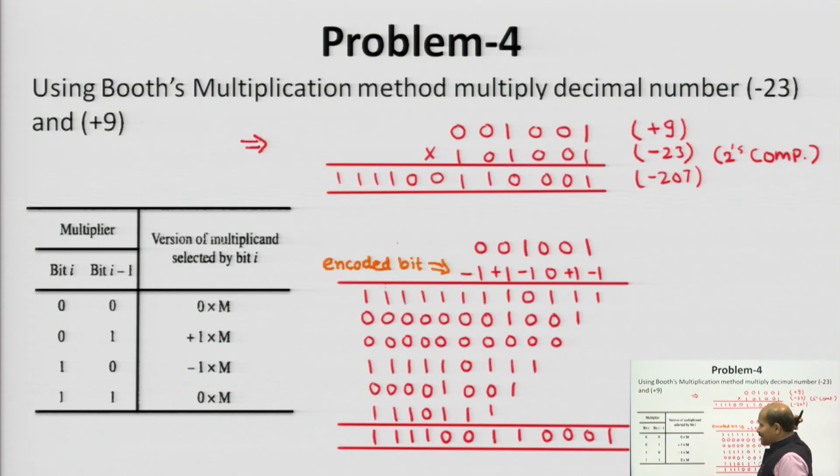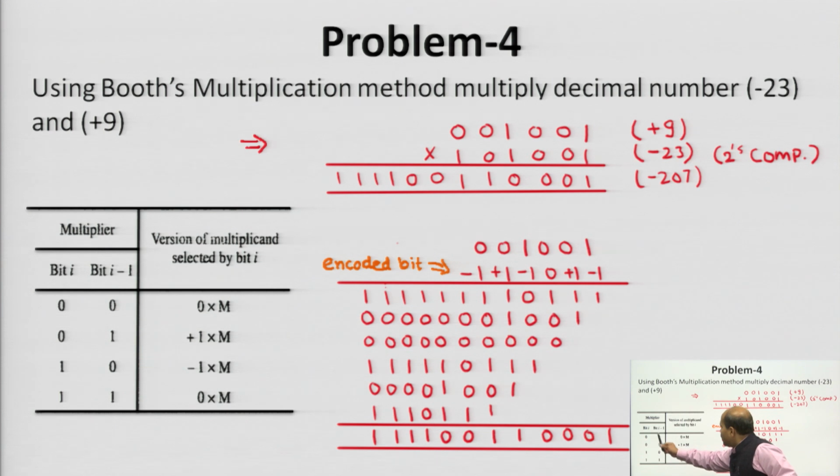Let us talk about the next problem, that is the multiplication problem. Here in this particular case, we are going to perform the Booth multiplication algorithm and the multiplier is negative in this case. In case of Booth algorithm, what we do? We do the encoding operation of the multiplier. This is the 2's complement of 23. So, 1 0 1 0 0 1, this is the result which we will verify.